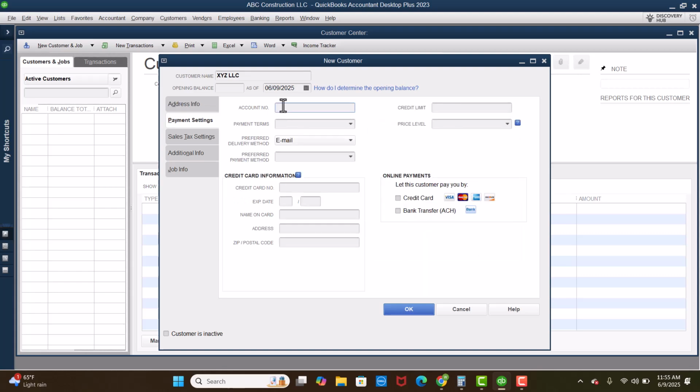Now we can go into their payment settings. We can assign this customer an account number, and then we can determine what their payment terms are. So when I drop down payment terms, these are all by default what is uploaded into QuickBooks Desktop. And I want to explain what these are because some of you may not be familiar with this 1% and 2%. So here where it says 1% 10, net 30, what that means is that if the customer pays within